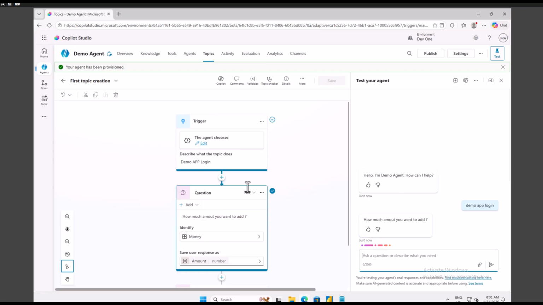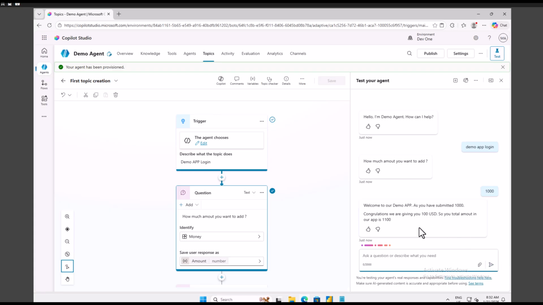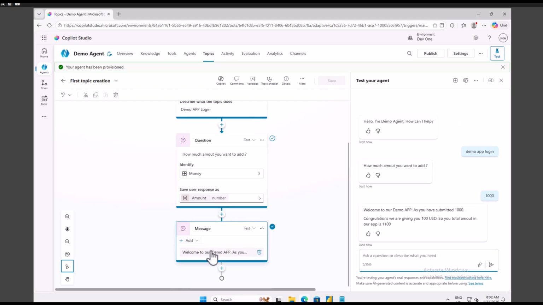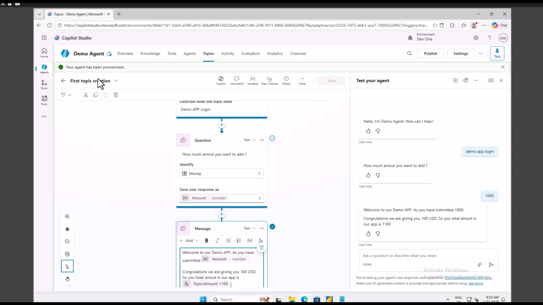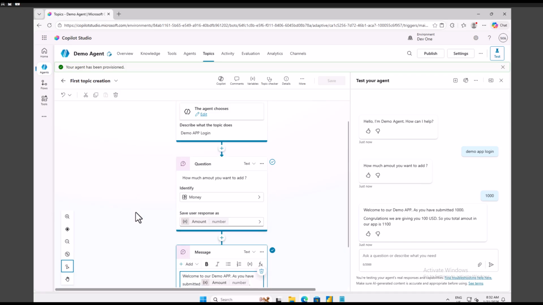All right, see, currently this is completed. Now we are into this. It is asking how much amount you want to add. So I will say I want to add 1000 USD in this app. Then the output should be: now your balance is 1110. I hope you understand how you can create your first topic in Copilot Studio,